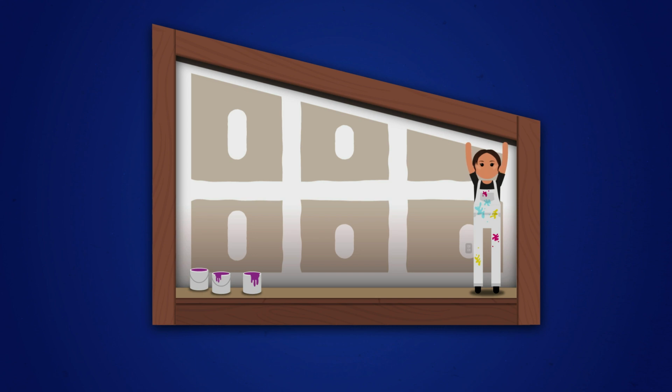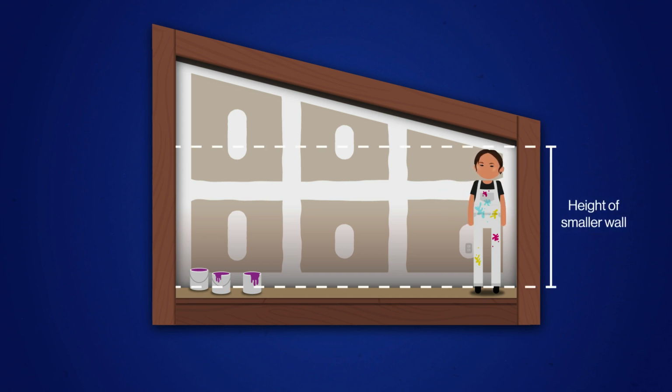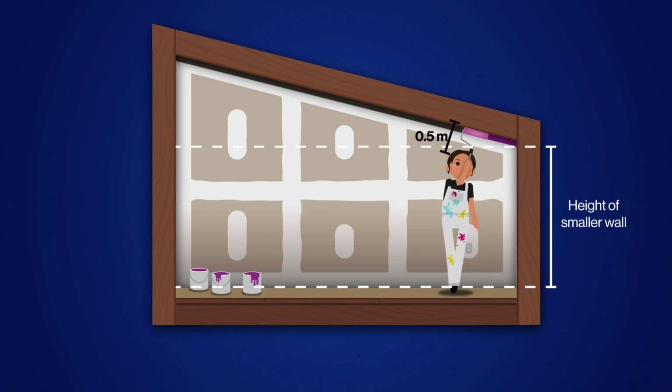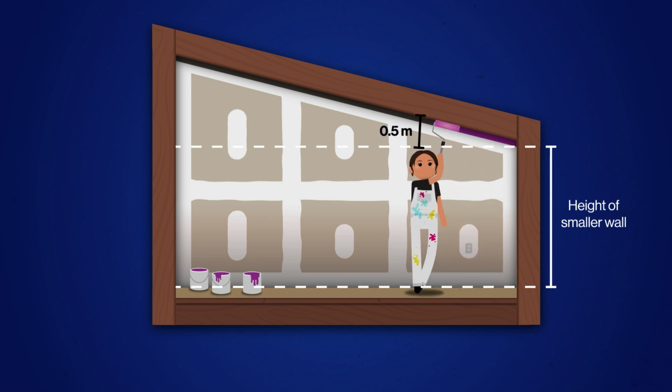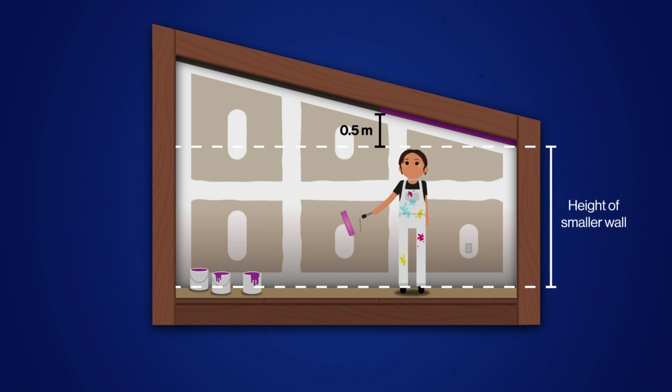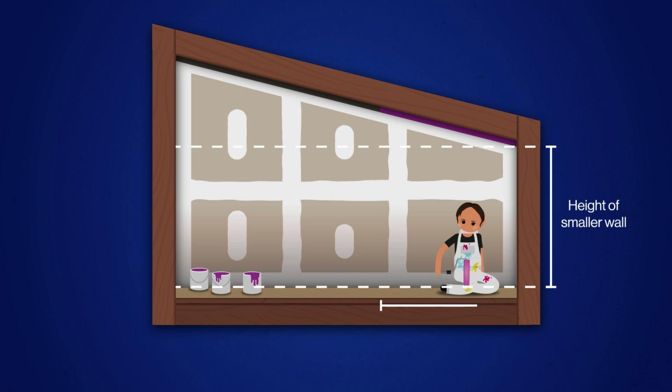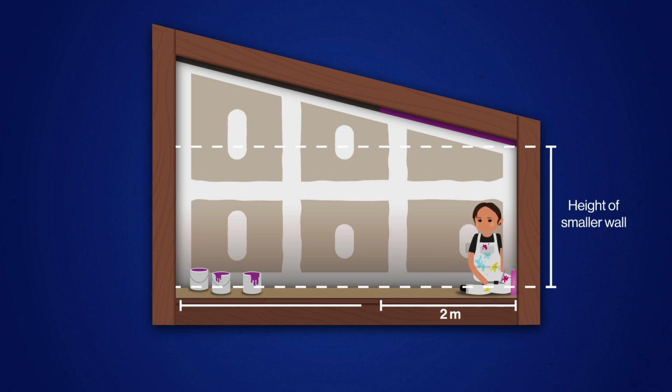When she stands with her arms fully extended, she can reach the top of one wall, but the opposite one is a bit higher. Connecting the two is the straight, slanted ceiling following the shape of her roof. She starts painting the ceiling using a paint roller that's half a meter long and doesn't get far before realizing it's too short. By laying the roller on the ground and using it as a measuring tool, she finds she's only 2 meters from the shorter wall where she started and has another 3 meters left to finish painting the